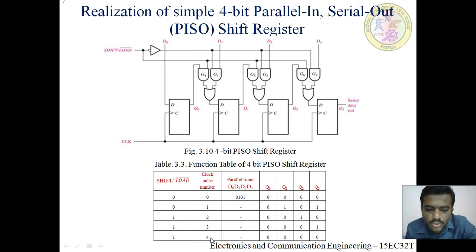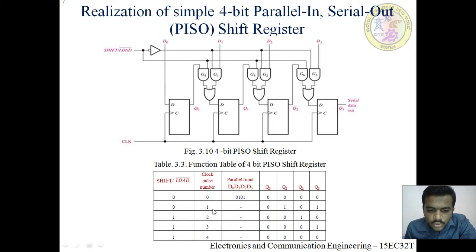When the fourth clock pulse is applied, the bits are shifted to the right by 1 bit position again, and the value binary 0 will shift out of the shift register, and it will appear at the output of Q3. The input binary value, which is loaded into the shift register in parallel form, is 0101. This parallel input binary number will shift out of the shift register in serial form.